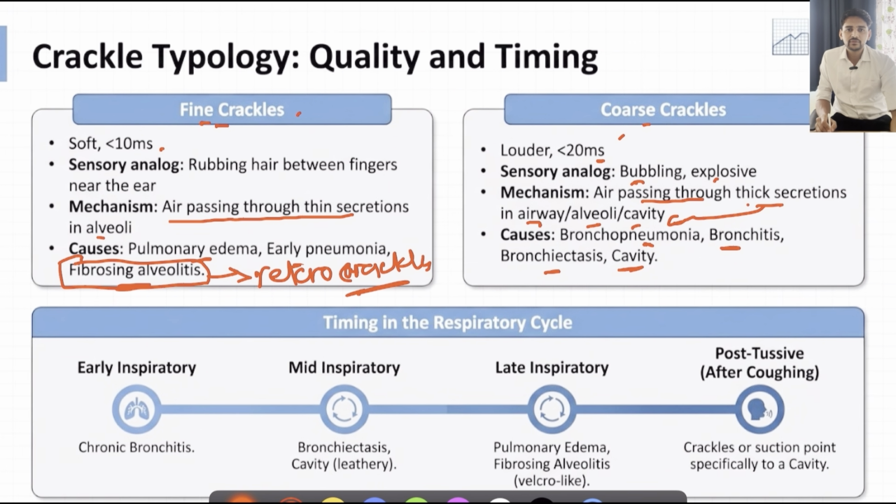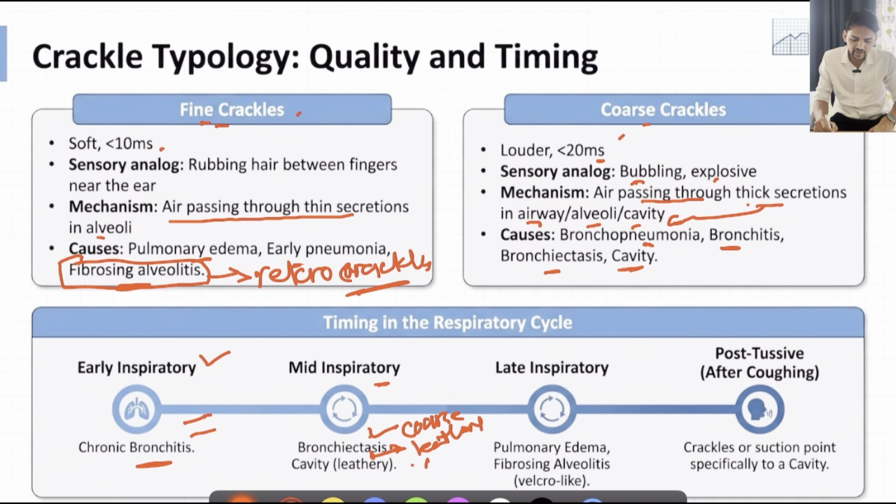But whenever we get these adventitious sounds, always try to match with the timing of respiration and always try to look for the relation with coughing. That is, if these sounds are early inspiratory, it might be due to the larger airways like chronic bronchitis. And if it is mid inspiratory crackles, it can be pointing towards bronchiectasis or even cavitatory disease. Mainly in bronchiectasis, we describe it as coarse